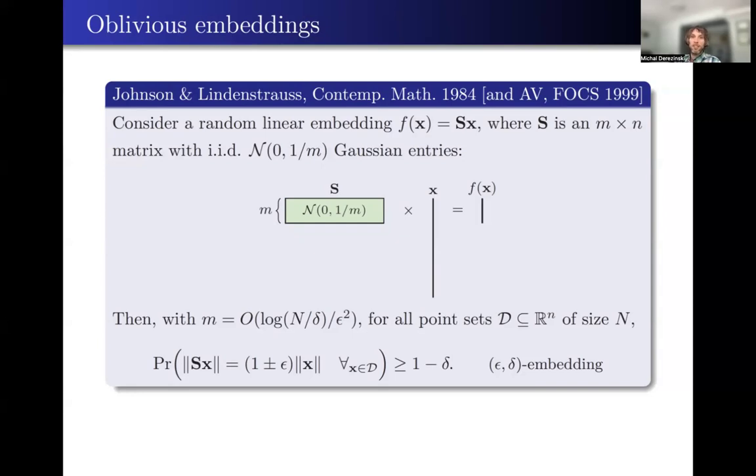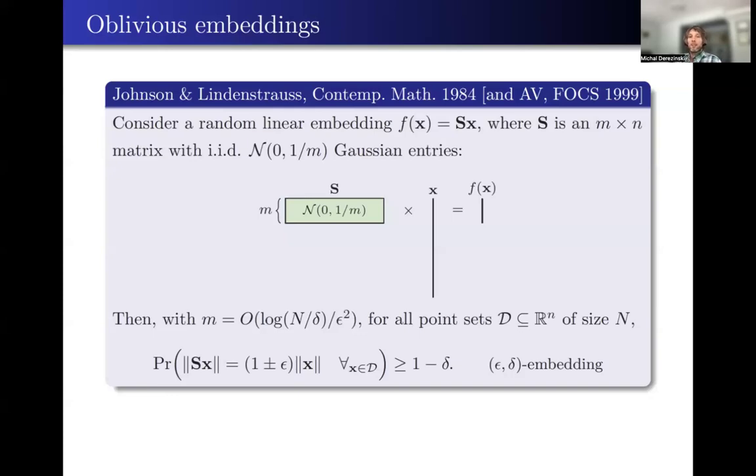The scheme is basically we take a Gaussian matrix, an M by N matrix, which defines a linear embedding, with IID Gaussian entries, and we apply that to each of the high dimensional vectors. It can be shown that